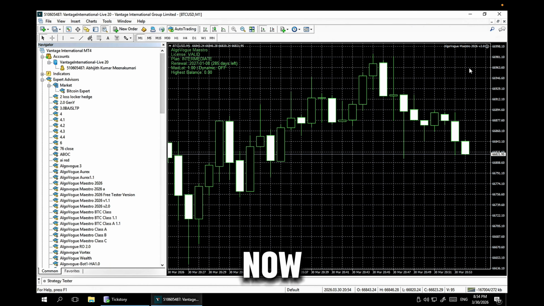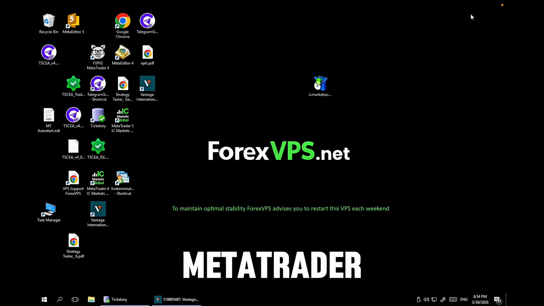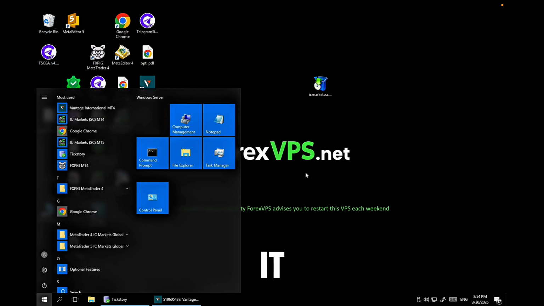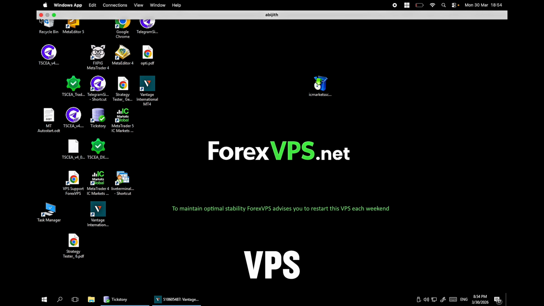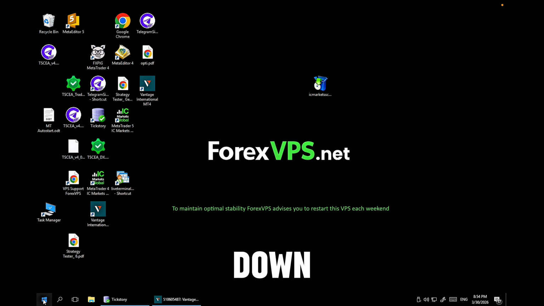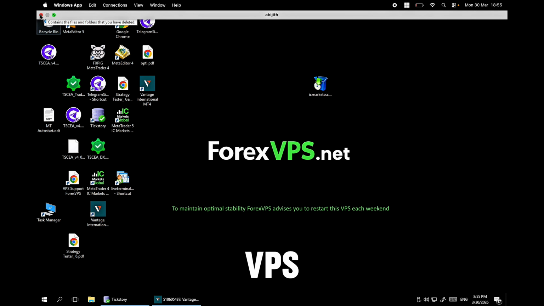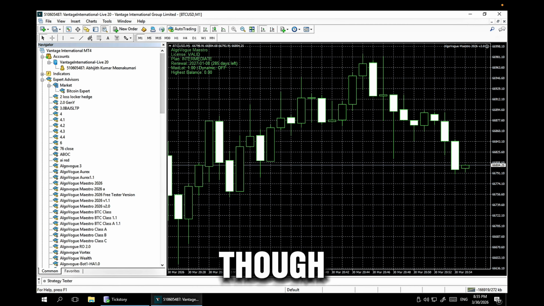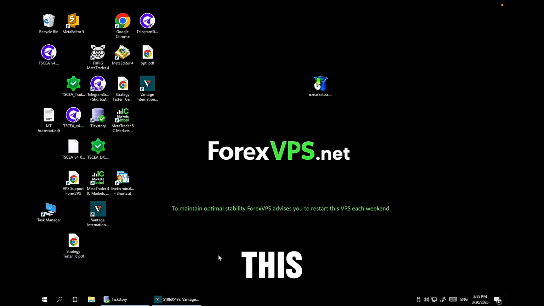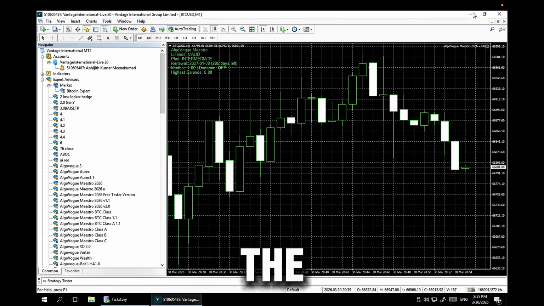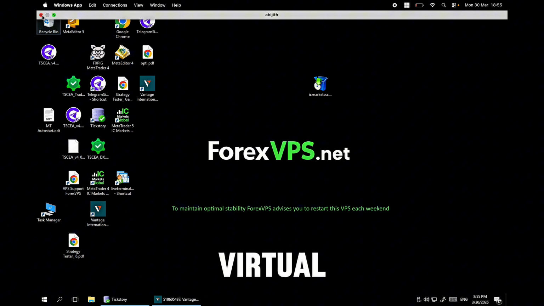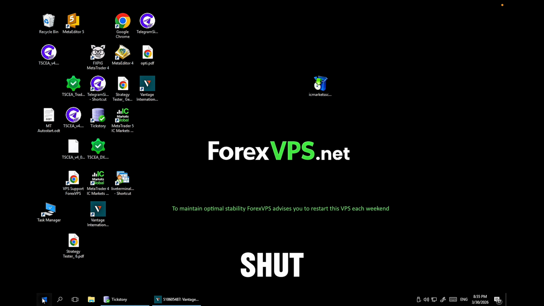So now you can minimize the MetaTrader 4 application and you can log out. I don't say shut down. If you shut down, it won't work. Don't shut down, just close the VPS. You can close it here, but don't shut down, don't restart, just close the VPS here. If you close the MetaTrader 4 application, that means even though the VPS is on, you don't have this tab. So you can minimize the MetaTrader 4 application and you can close the virtual private server, but never shut down